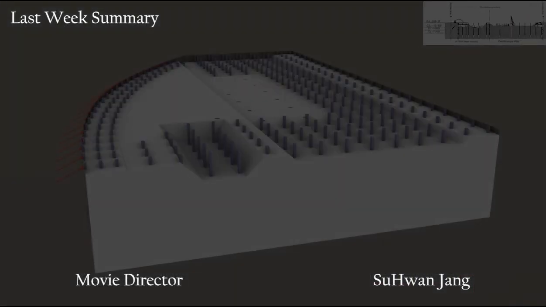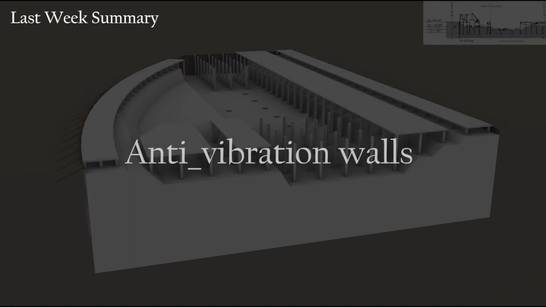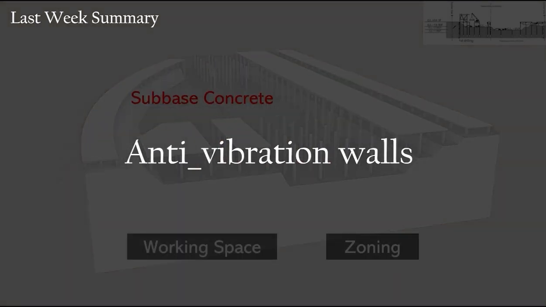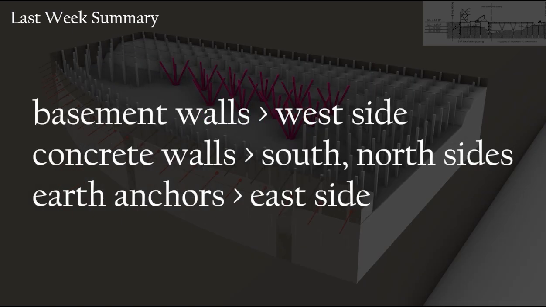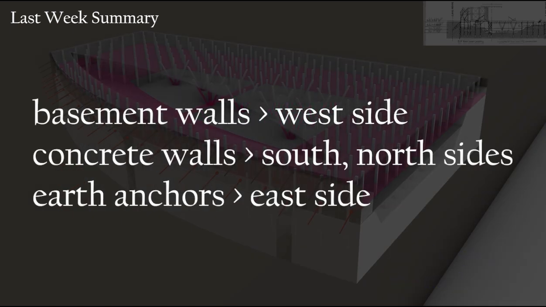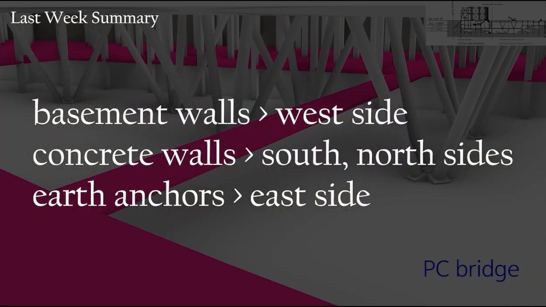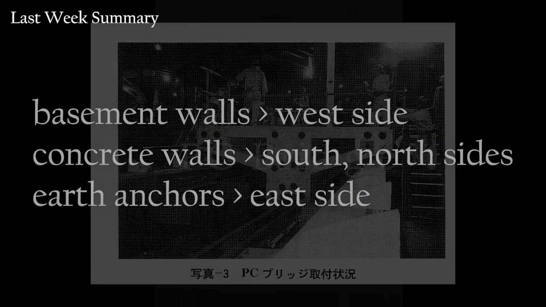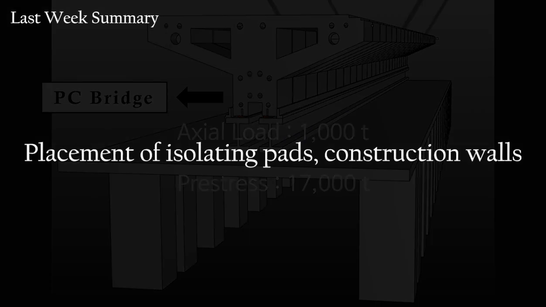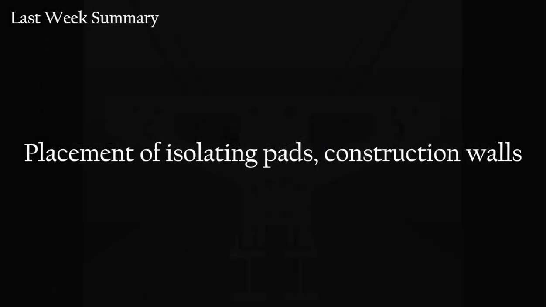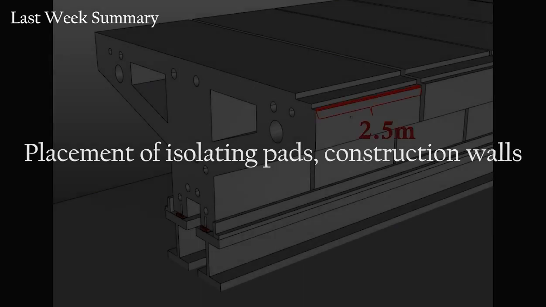To mitigate these problems, we implemented underground anti-vibration walls. The construction utilized existing basement walls on the west side, newly constructed concrete walls on the south and north sides, and earth anchors on the east side. Furthermore, we delved into the placement of vibration isolating pads and the construction wall designed to counteract the risk posed